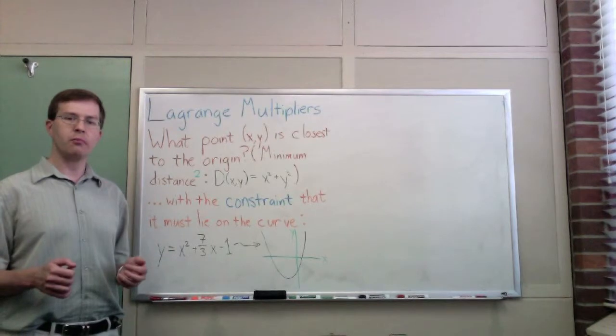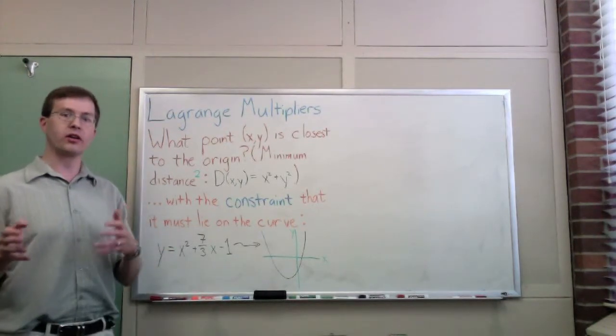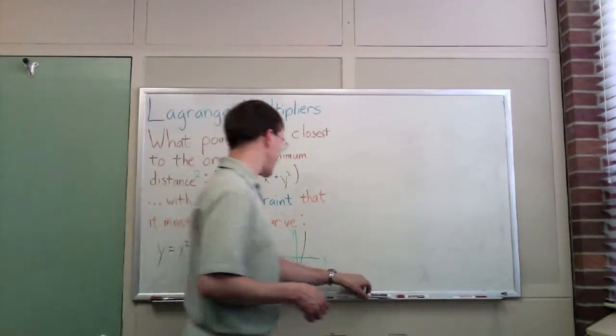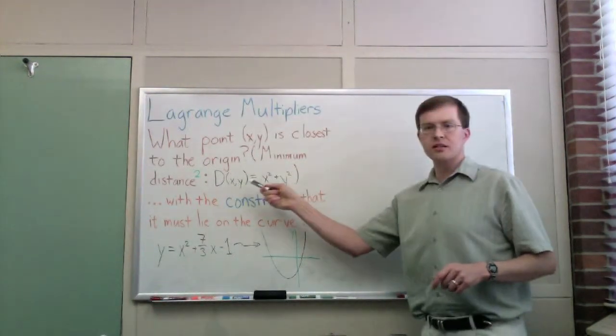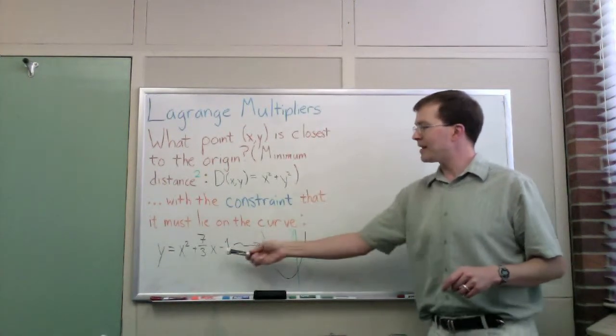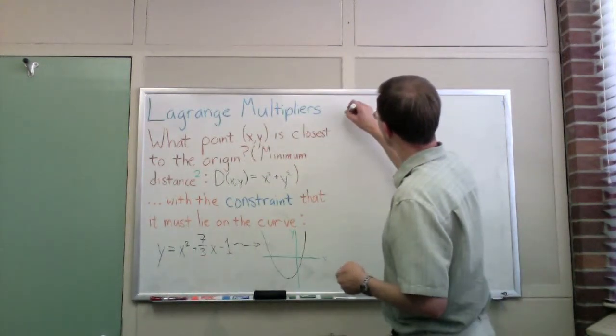Okay, well, there are actually multiple ways of doing that, and I'm going to start by talking about the simple brute force way, because it's better to know what you're comparing Lagrange multipliers to. So if I wanted to brute force this, I would say two dimensions, I've got x and y, two variables to worry about here. I'm trying to minimize this function, but there's a relationship between x and y. So I can just plug this in. My brute force method